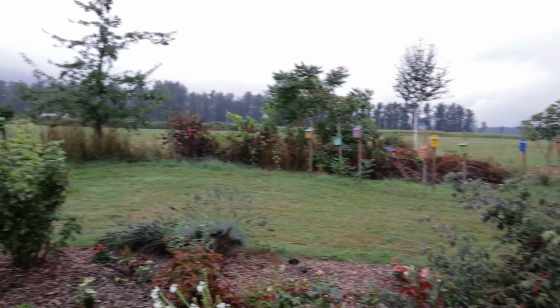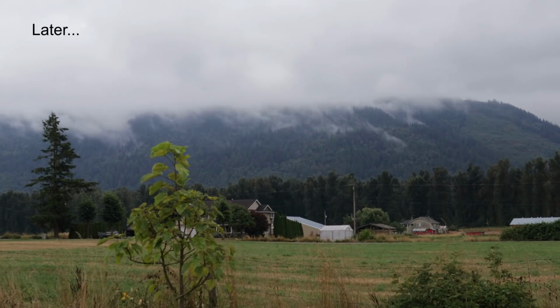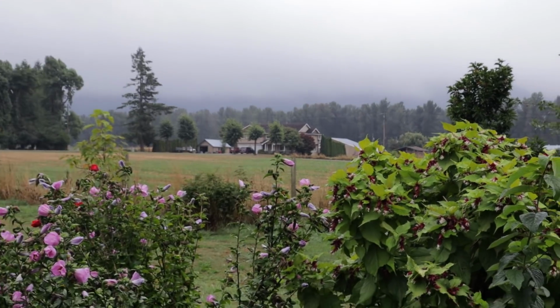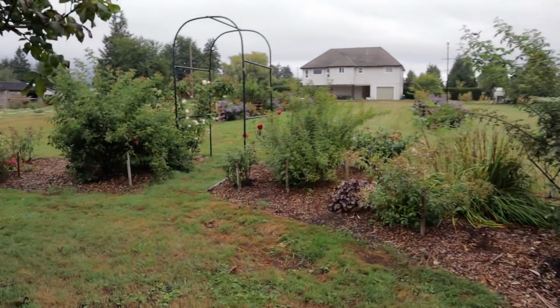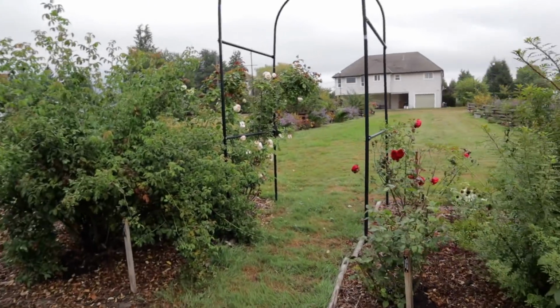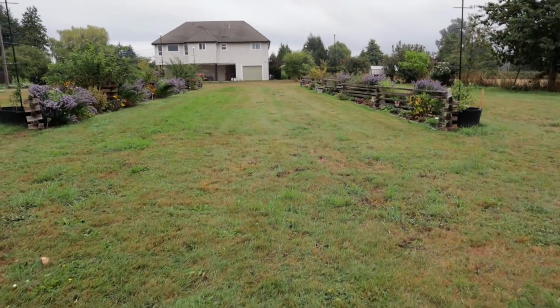Nice views on this side. There's not much you can see of the mountains in the distance today, but on this side of the farm it is a beautiful view of Sumas Mountain, and it goes towards the Fraser River as well. So this is kind of a nice spot, and it's working well for me. But once people come here, they kind of have a dilemma that I'm going to show you in just a moment here,